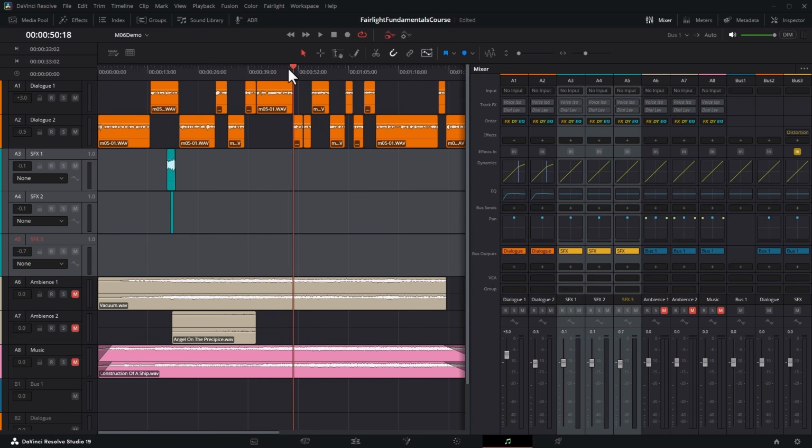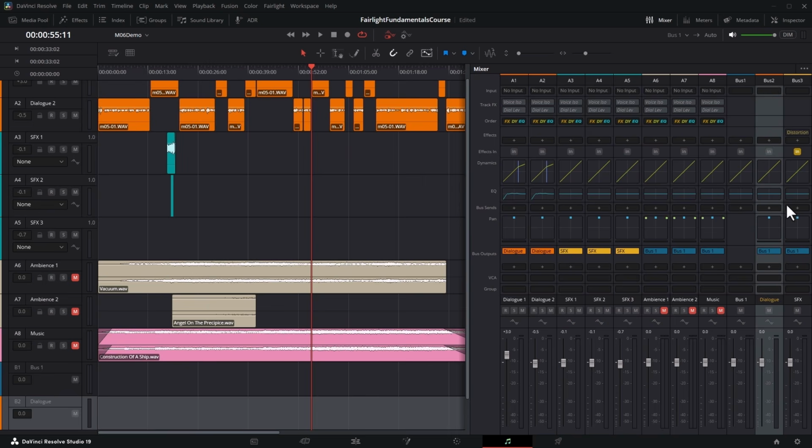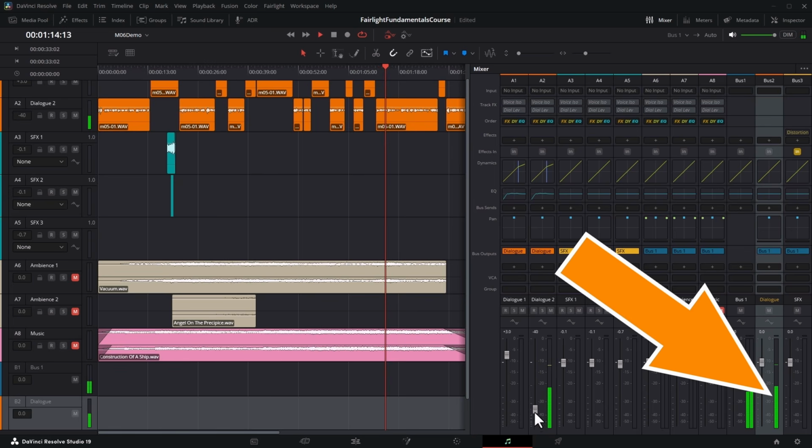We can also quickly now mute all of the dialogue, just like with clip level automation, by clicking the mute button on the submix over time. When it comes to track, we can also record to control the output level that gets sent down the bus output, in this case to this dialogue bus. You just use the channel faders. Let's go and play this back for this second track. Automation. And as you can see, as I reduce that fader, it's no longer sending the signal to the dialogue